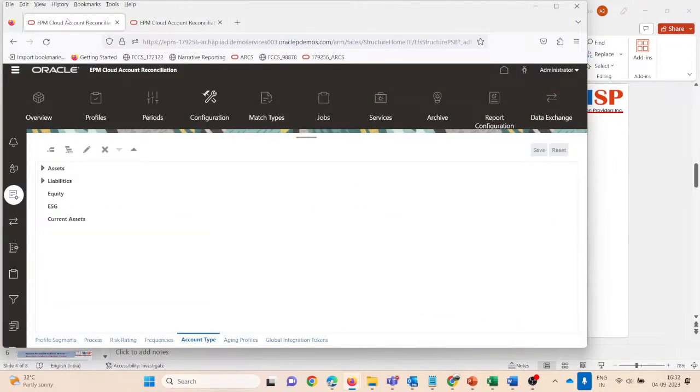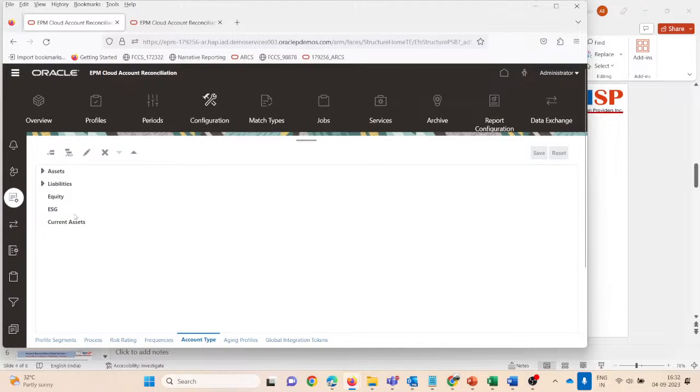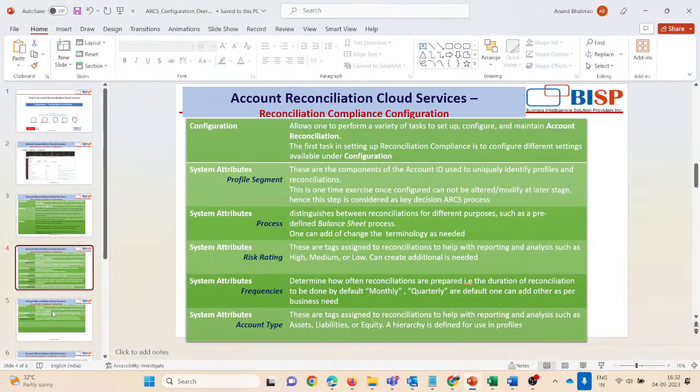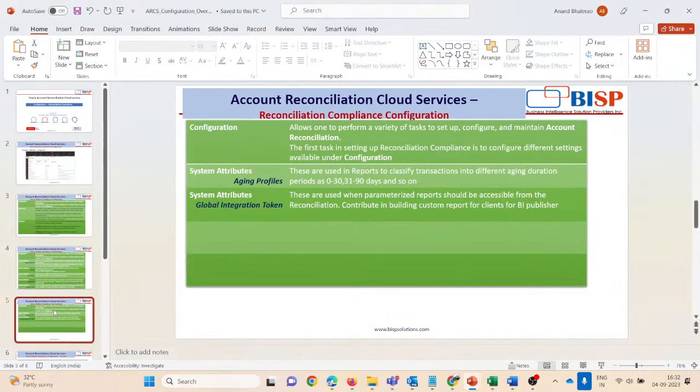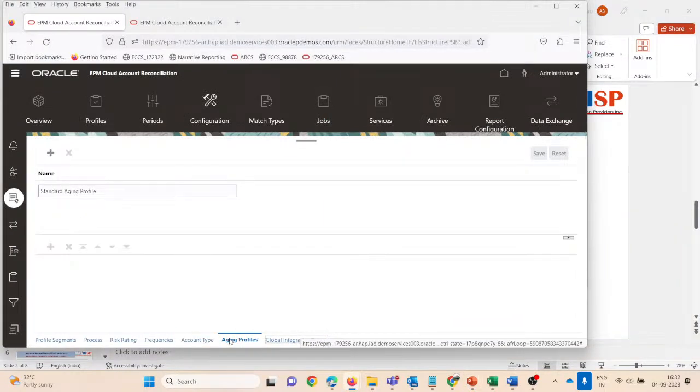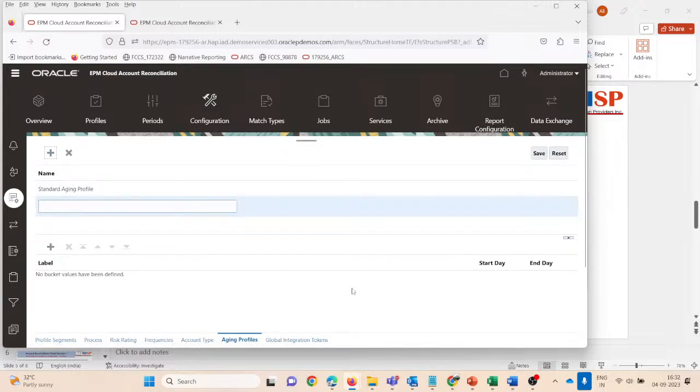So we just need to define the nature or the account type for which we are doing the reconciliation. For that we can create from this profile segment. Now we come to the next option, the aging profiles. This is the aging profile. These are basically the assignment for the creation of aging to a particular transaction. For example, we can add a standard aging profile by clicking